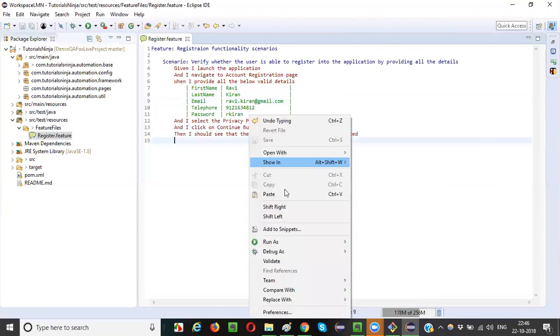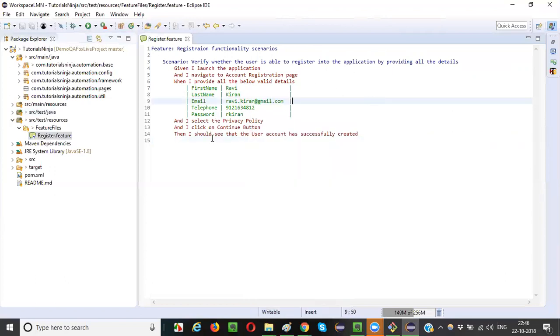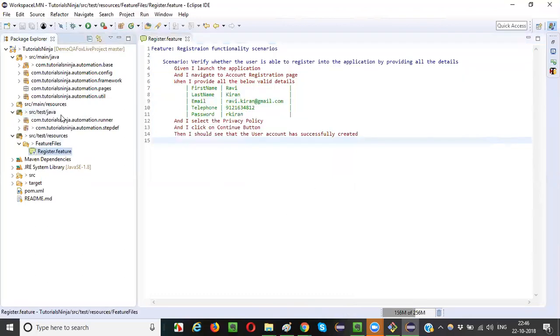Now, guys, can I run this feature file now? Right click, run as. I cannot run from the feature file, guys. This particular add-on which I have installed, the Cucumber JVM Eclipse plugin add-on, will not give you an option to run from inside the feature files. That's the problem with this add-on. Okay. And to overcome this problem, what I will do is go to src/test/java,